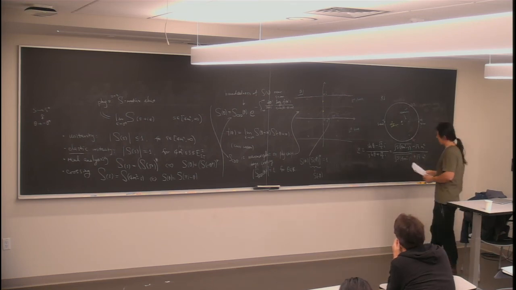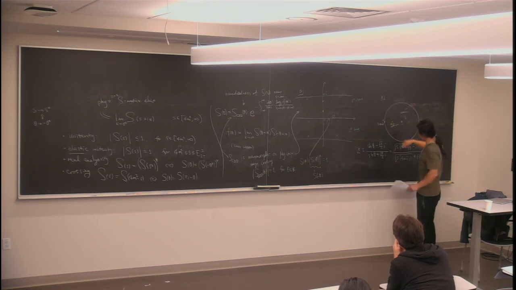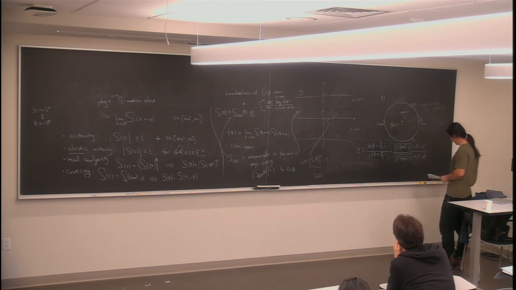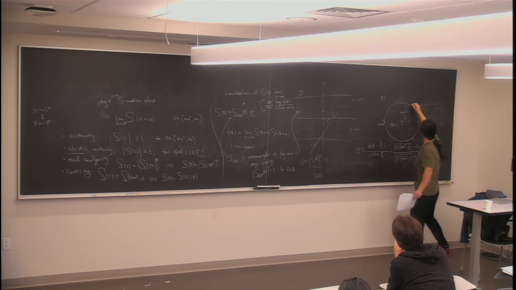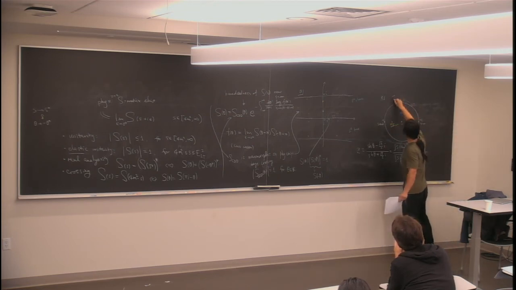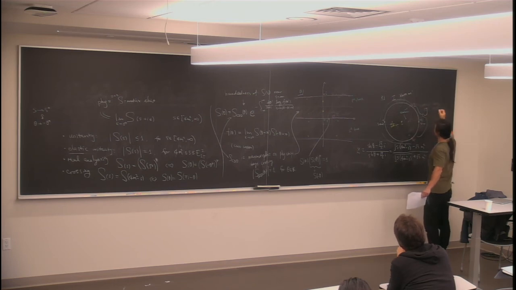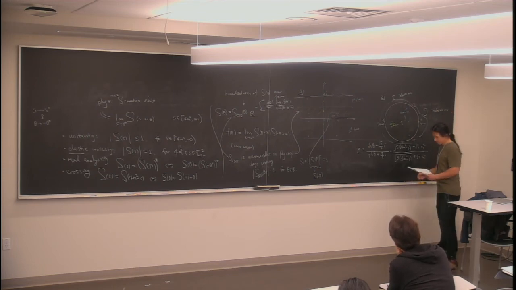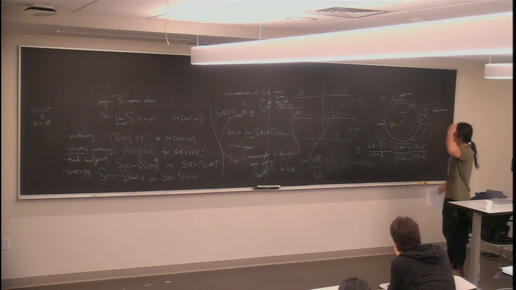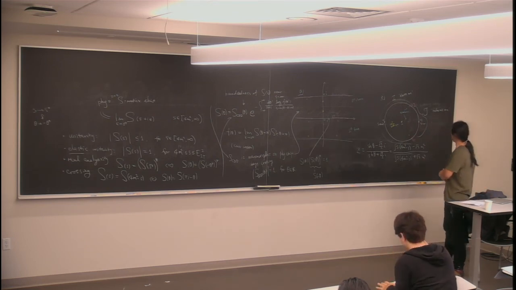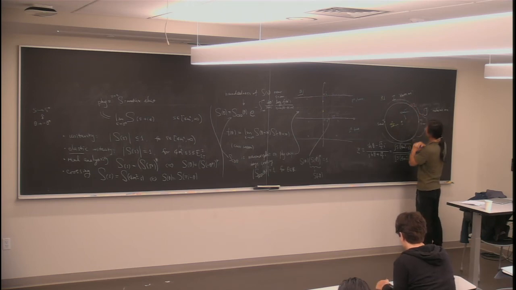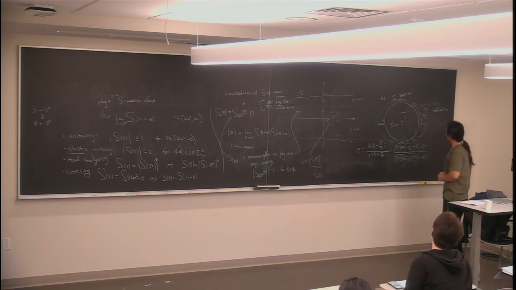Our strategy is going to be the following. On this part of the arc, where the scattering is elastic, I'll refer to this part as the elastic arc, and this part we refer to as the inelastic arc. I'll call it curly J, inelastic arc. And our strategy is going to be the following. We'd like to understand the properties of these resonances, and we need to have some input.